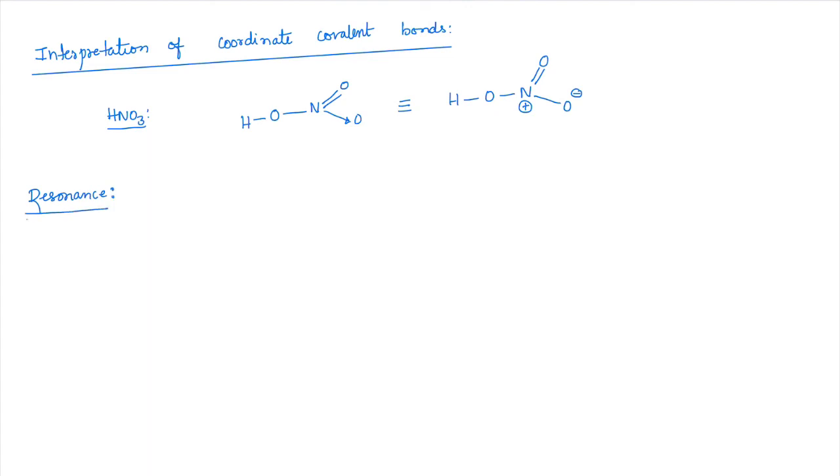We have come across some part of resonance already, when we were discussing thermodynamics. Let us see what it is. See, resonance is nothing but delocalization of pi bonded electrons. What is a pi bond? We are yet to come to it, but I think more or less you know what a pi bond is already. So I'm taking that as leverage, hoping that you understand what a pi bond is.